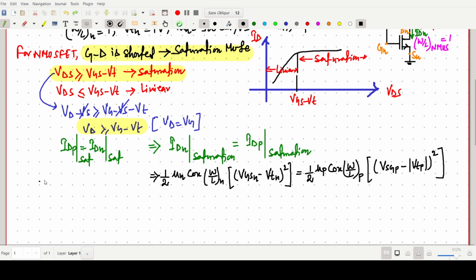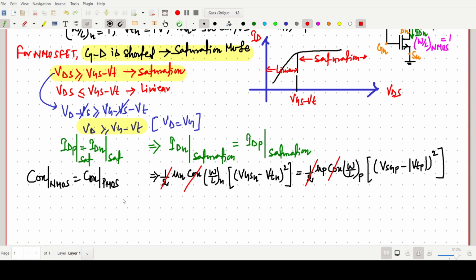And in the question it is given that COX of NMOS and COX of PMOS are the same, equal. So we can directly cut this COX term, and the 1 by 2 term we can directly cut out. Okay, now again I am writing W by L of N. We know W by L of N is 1. So one can write simply 1 into,